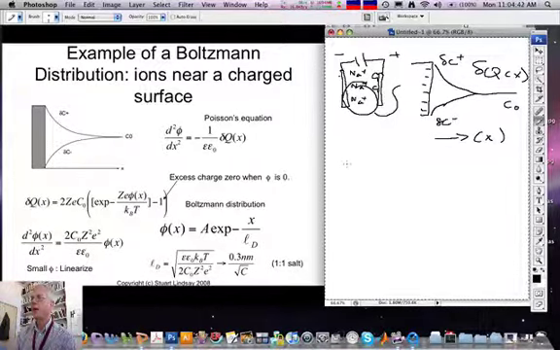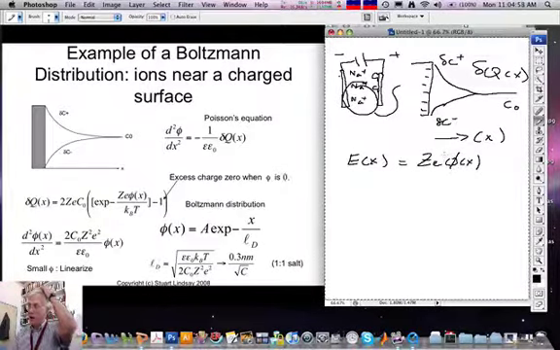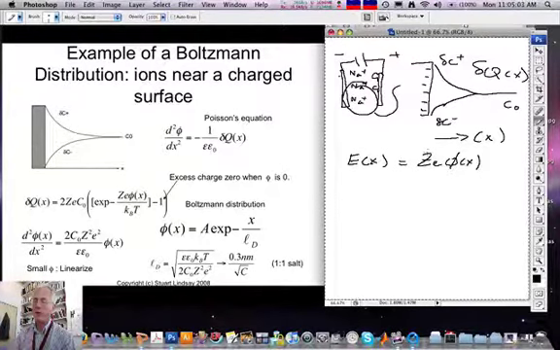So one can then write this out, given that the energy as a function of x will just be equal to the charge on the ion times the electric field at some point x. Z is the number of charges on the ion, 1 for sodium, 2 for magnesium, and so on. E turns this expression now into coulombs, and then times the electric field will give us the energy at a